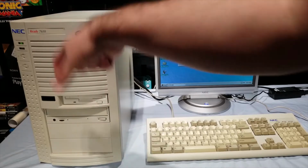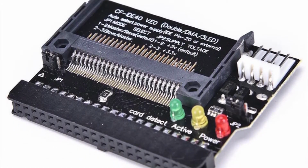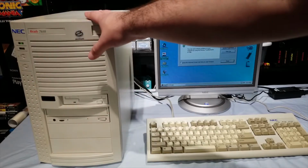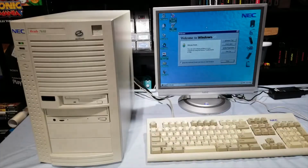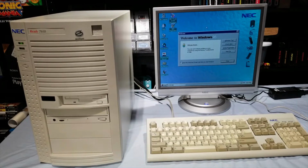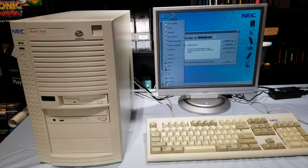inline adapter, the one that plugs directly into the IDE port. It's not the one that uses the bracket in the back. I do have that, I just don't have it installed yet. That's going to be part of a future video, but I did get it working. It was an ordeal. I'll explain it in that future video as an official follow-up, and just so that you can see